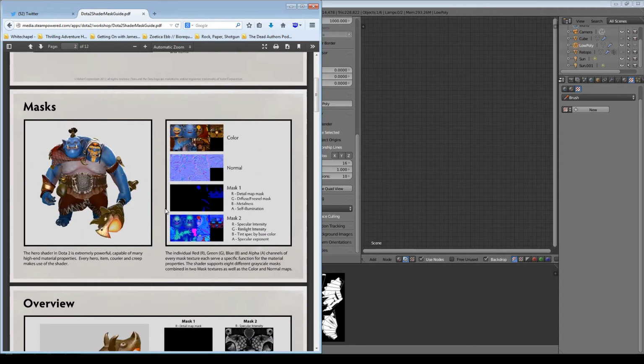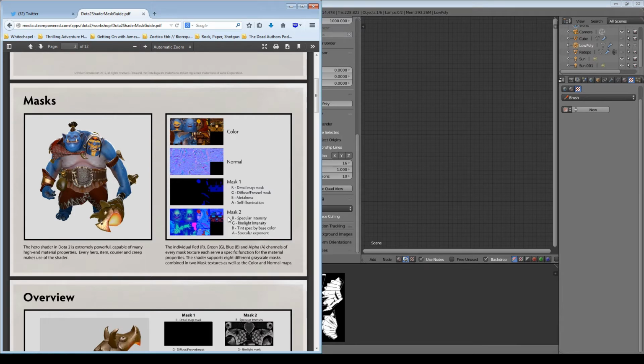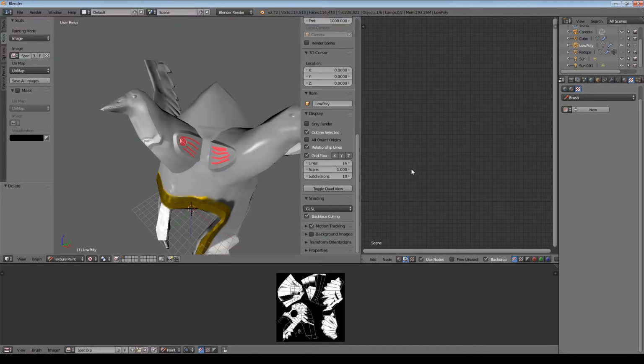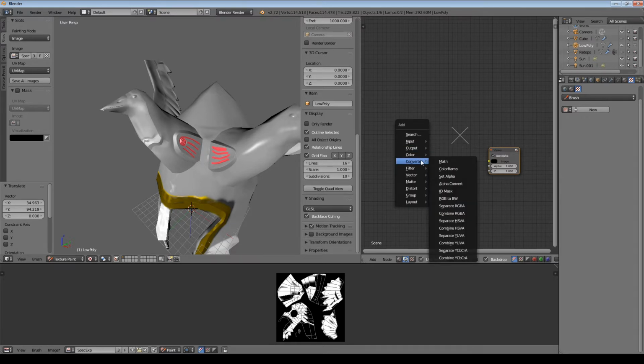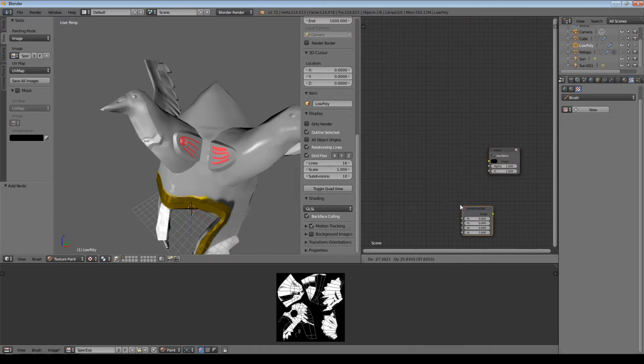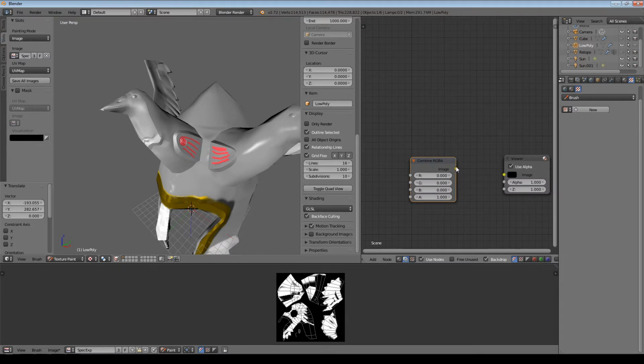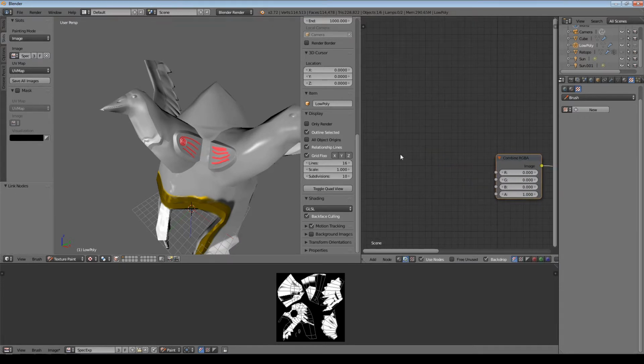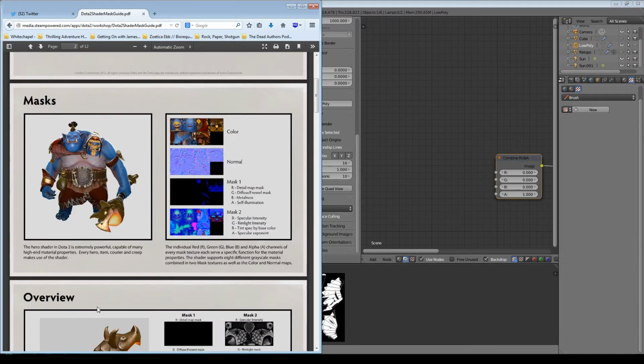Mask 2 is specular intensity, rim light intensity, tint specular by base color, and specular exponent. So we want output viewer, converter, combine RGBA, image to image. So what we're doing for mask 2, so specular intensity,